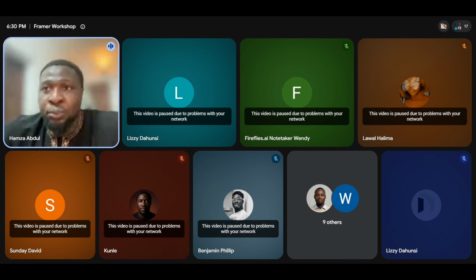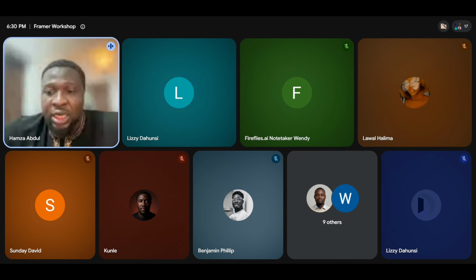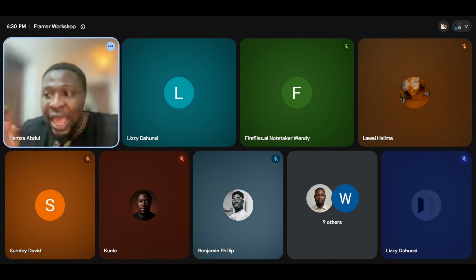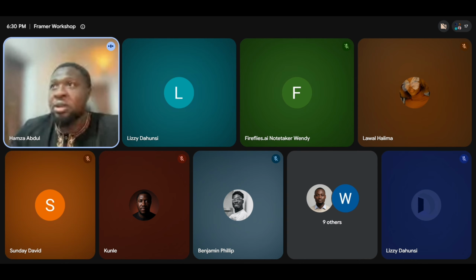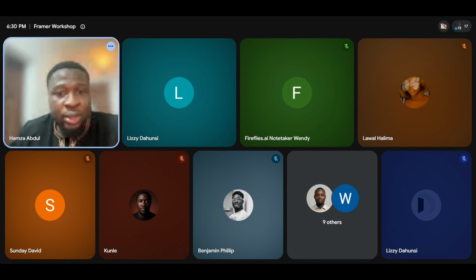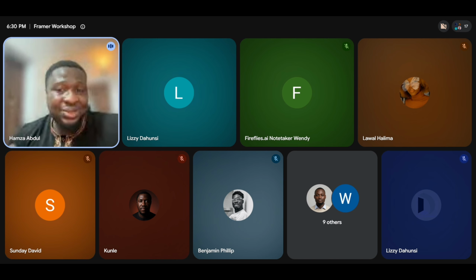For example, there was one time that I wanted a landing page just to get some inbound clients. I wanted to do something free for them that will use AI to extract information from some forms. I had to go and use Framer, Make.com. I had to incorporate like 4 different AI platforms, Zapier, yes, Zapier as well, so that I'll be able to get one thing to connect to another, to connect to another, to connect to another. So what people are doing out there with AI is crazy.